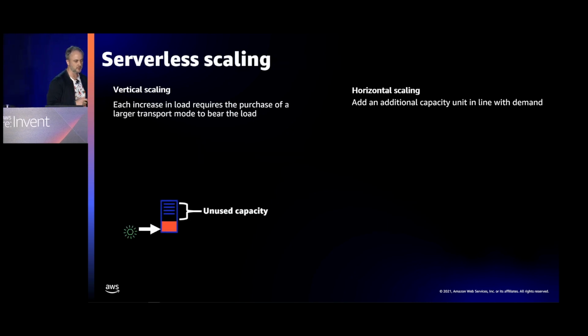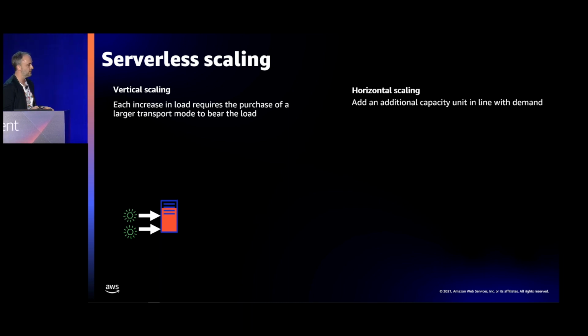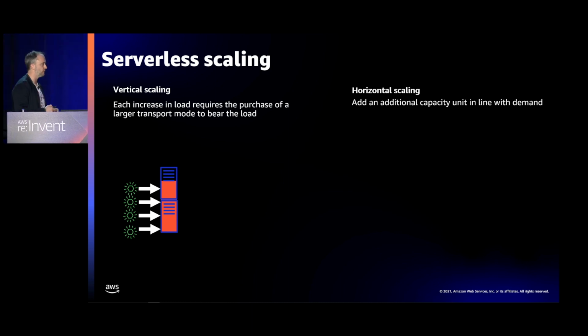So let's bring this back to serverless again. Another way of looking at this is in terms of capacity, and that's capacity used and capacity unused. So a traditional web application, you'll provision a machine, a server, a group of servers, maybe even a container, and that will have a certain amount of capacity to service a certain number of requests. And as your application starts serving more and more requests, you'll reach a certain threshold at which you need to clone that machine or scale that out in some way. And then your application can continue to receive more requests reliably.